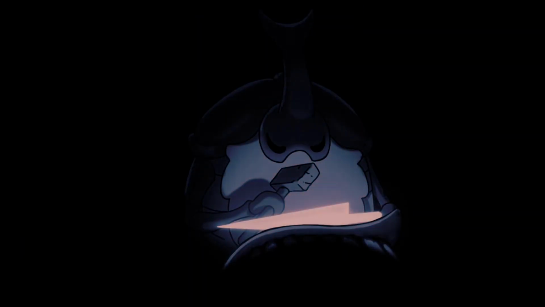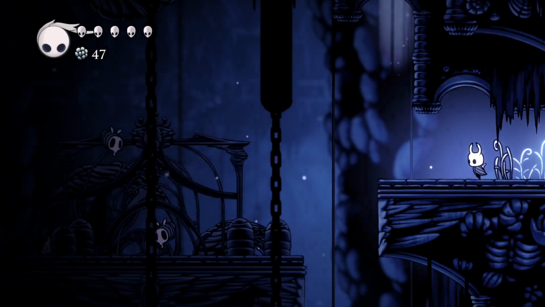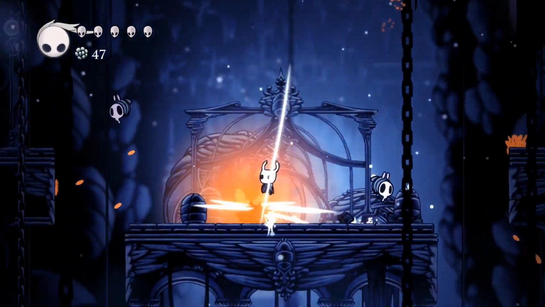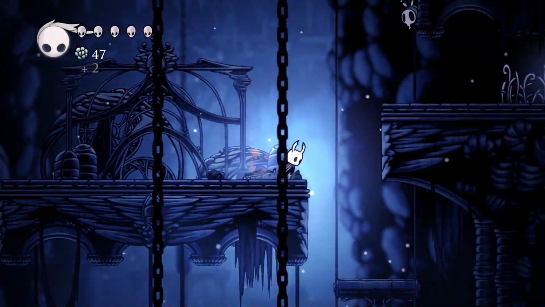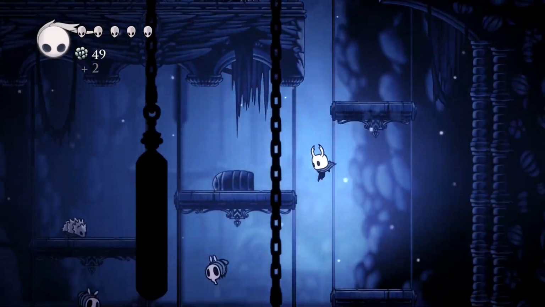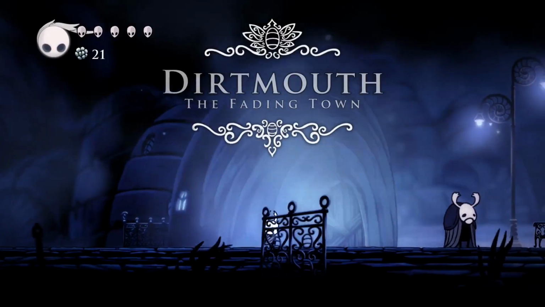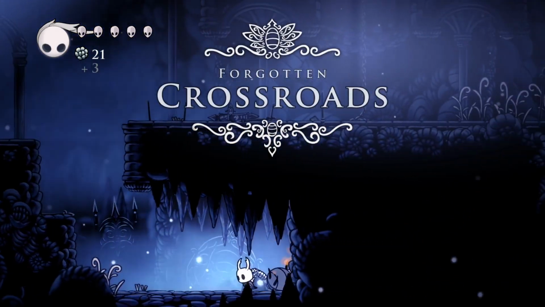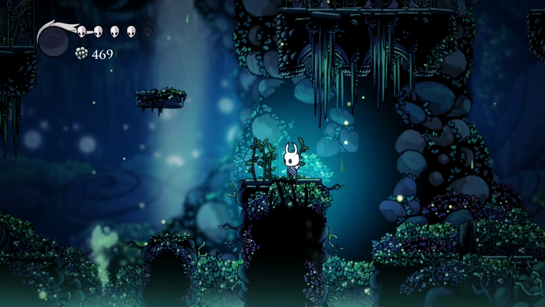In addition to clever motifs scattered throughout Hollow Knight, it also succeeds in its mysterious atmosphere. Some of the first area themes you hear are Dirtmouth, the Forgotten Crossroads, and Green Path, in that order.